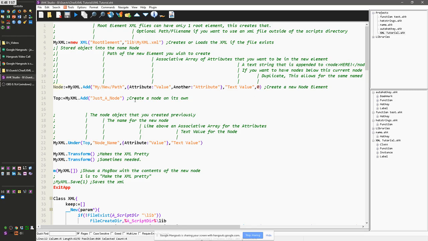Yep. So now you can use this in another place. But what I did was I created just a node below it. So xml.add, same basic idea. You're putting it into an object called top, but you're just adding just a node. That's the name of the new node that we're creating. So once that node has been created and it's under top, then you come down to line 22 and there's